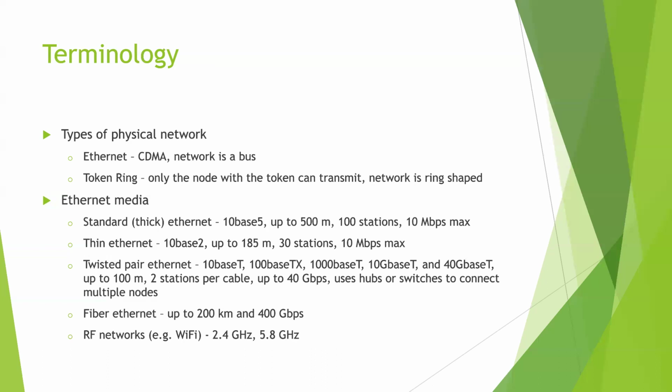And then that node does the same thing. It's received everything that's come through. If it wasn't for it, it sends it on in the other direction. And then when it sees the token, it says, now I can transmit my traffic and then pass the token on. So this token proceeds around the ring as it goes around.